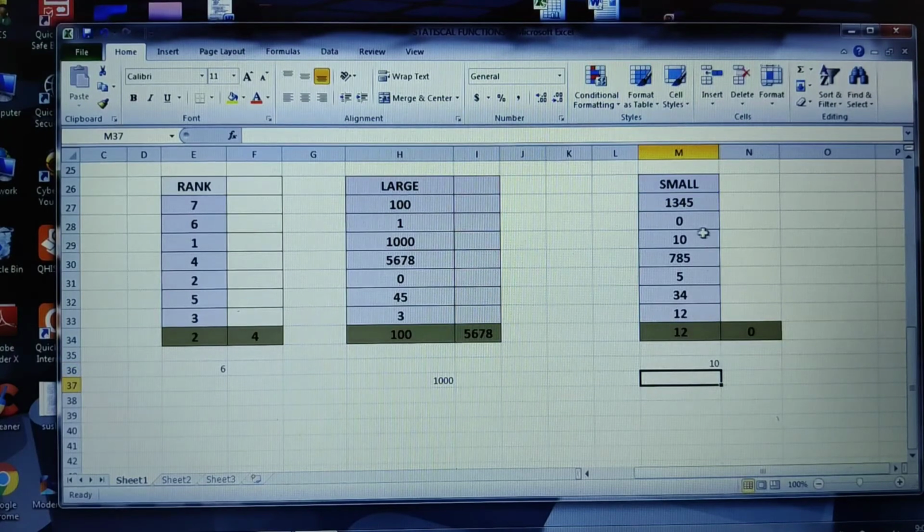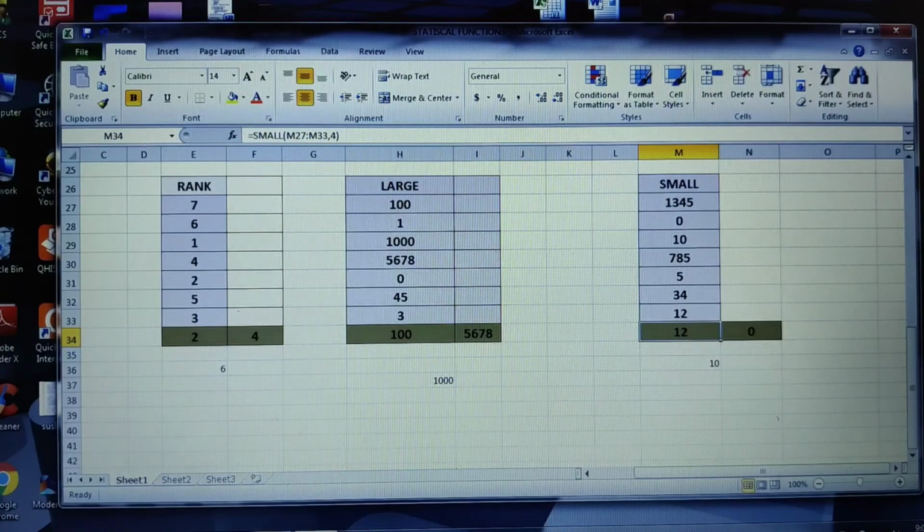The first smallest is 0, right? The second smallest is 5. The next smallest is 10. So the third smallest I got here as 10. When you click onto this, this is your first smallest, when you can see the formula, right? And this is the fourth smallest, right? The fourth smallest is definitely 12, because the first was 0, the next was 5, the next was 10 and the fourth is 12. So this is how we have different kinds of statistical functions.